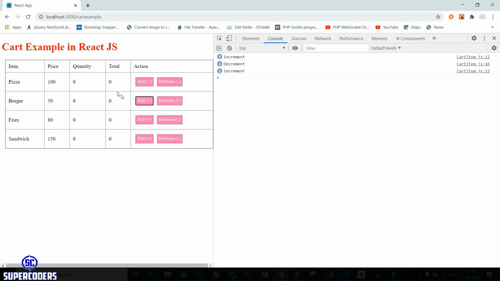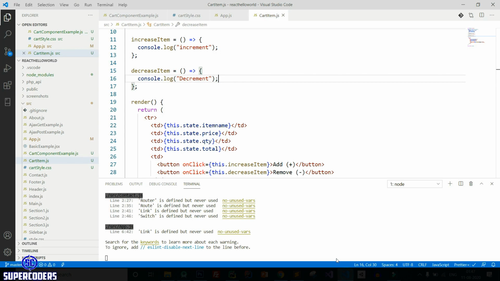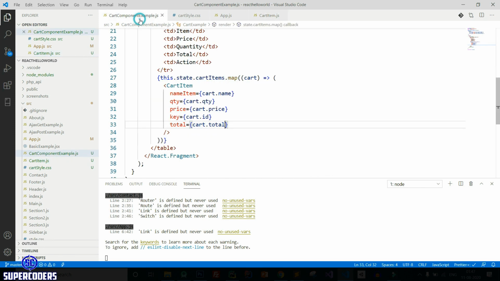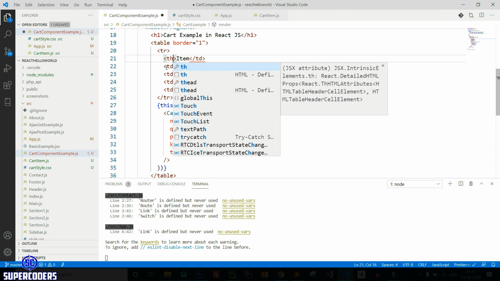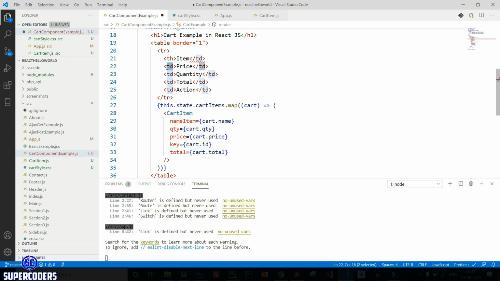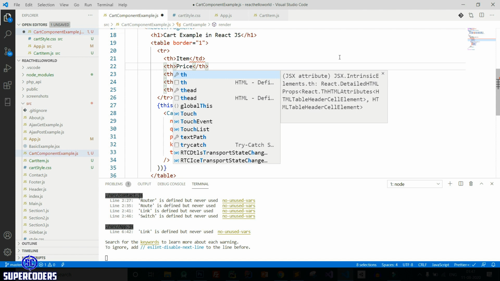Now let's do this. When clicking on increment, your quantity will increase and total value will increase. Let's do it. Also do one thing, change this to th. Selecting every one.